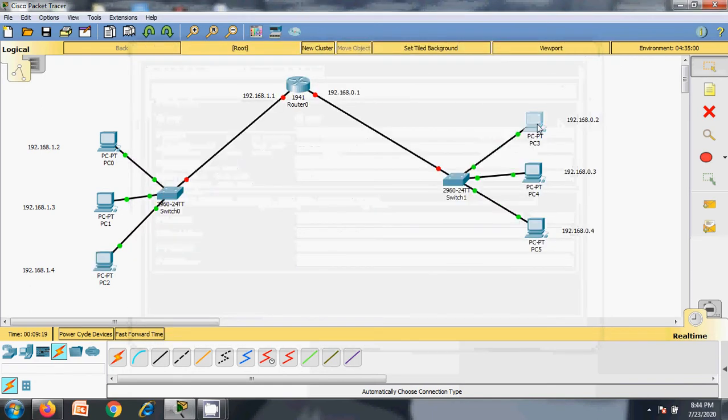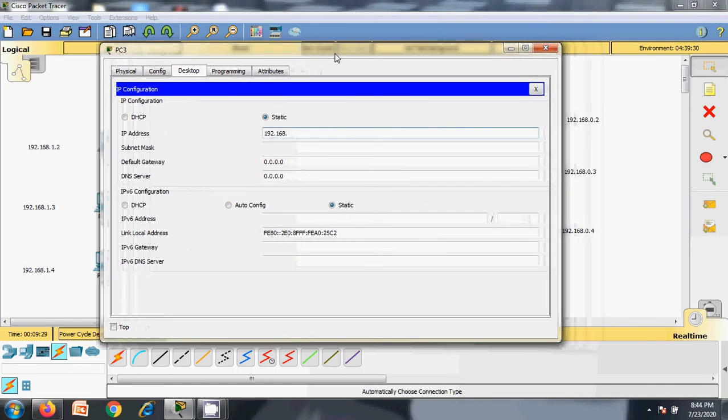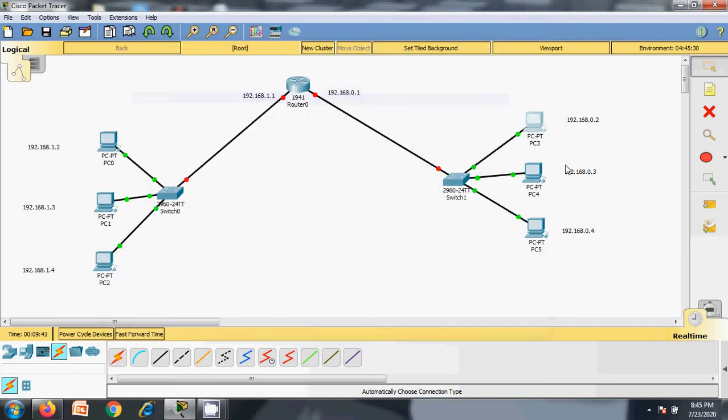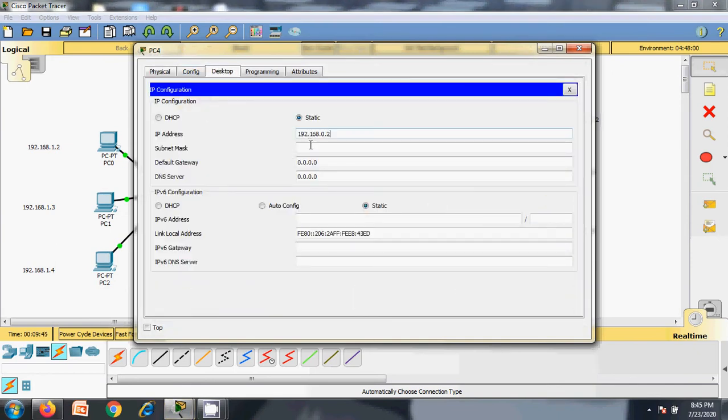And in this network 192.168.0.2 is the IP, and 0.1 is the gateway IP. 0.3 is the IP, and 0.1 is the gateway IP.